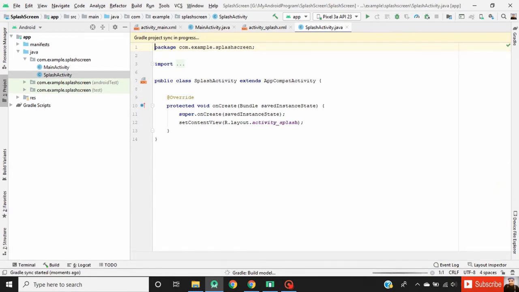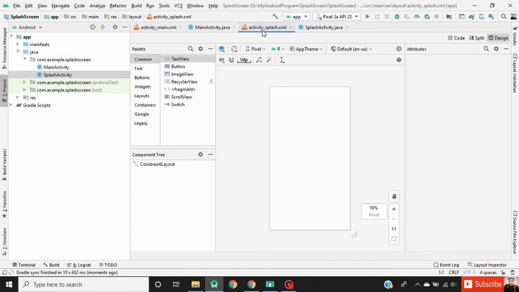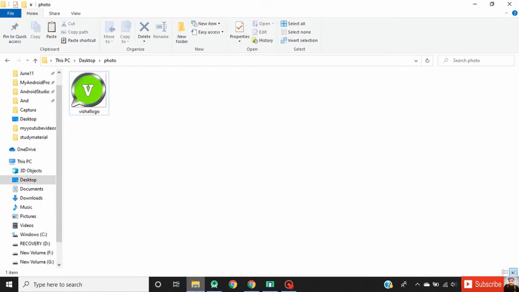First we will design the GUI for our splash activity. Go to activity_splash.xml. First we will copy our logo inside our Android project.